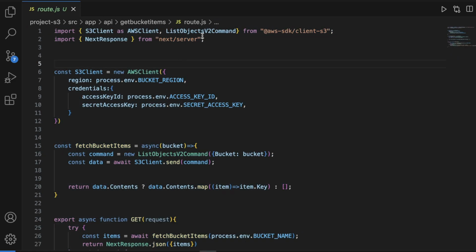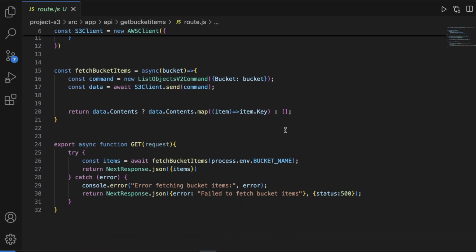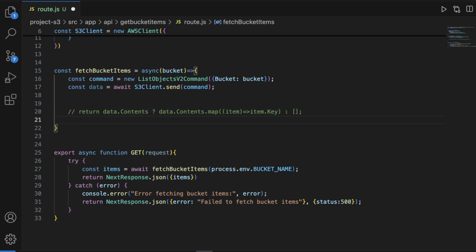And then for route, we want to be able to pass that URL. So what we're going to do is generate the URLs for the bucket items. So here we have const fetchBucketItems, and we're going to state in our return. So let's go ahead and do this. Let's comment that out, and for our return, we're going to say return